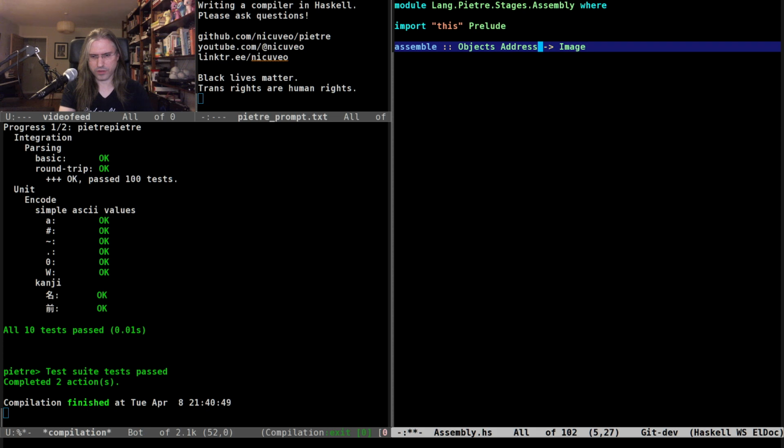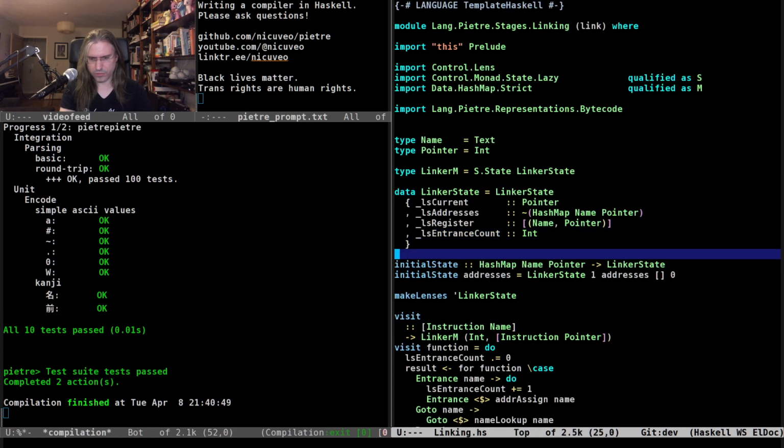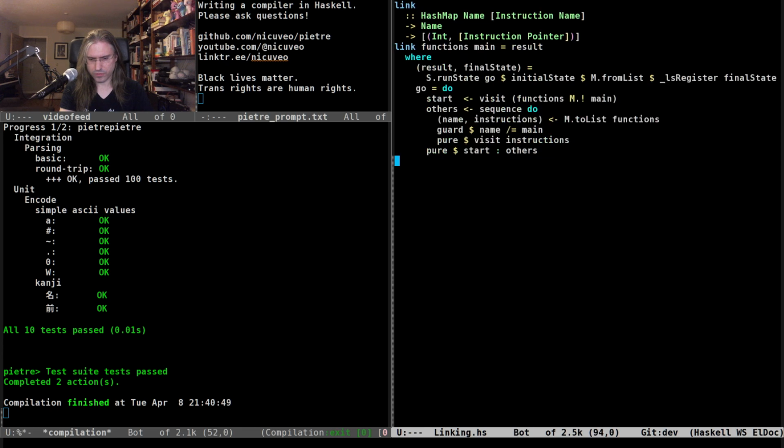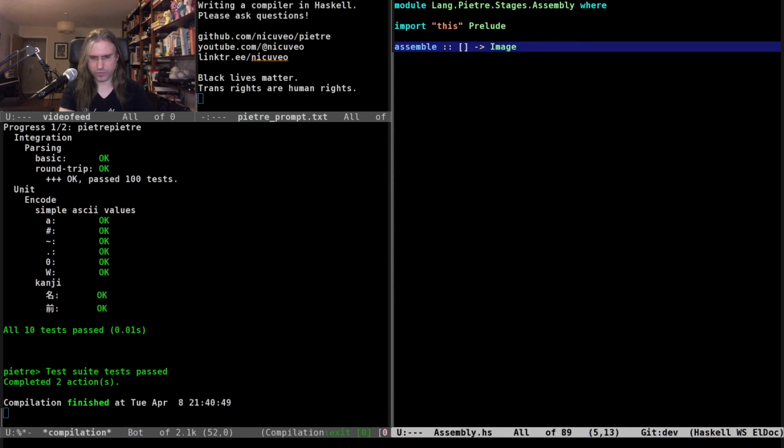Which is going to be taking the output of our linking phase, which is this, and makes an image.